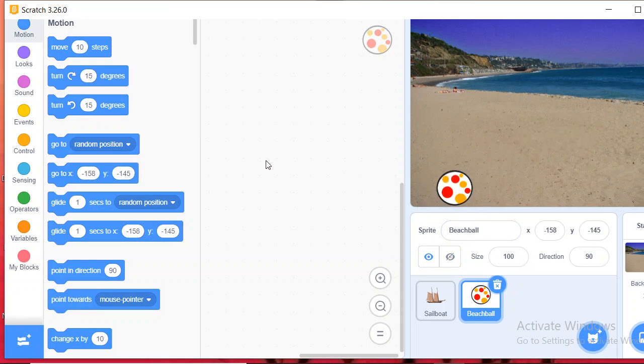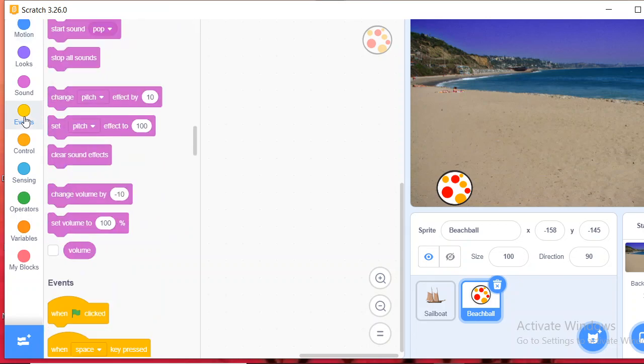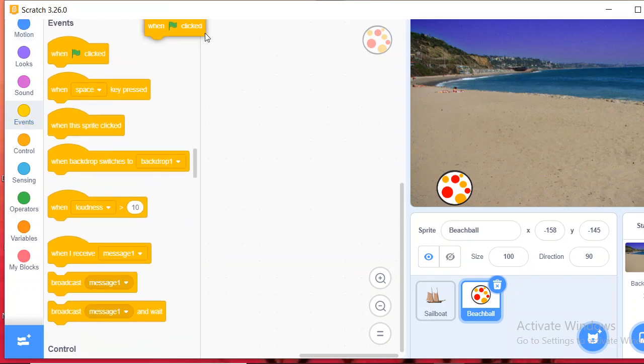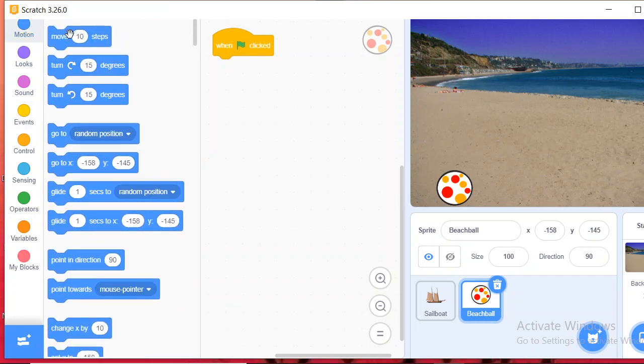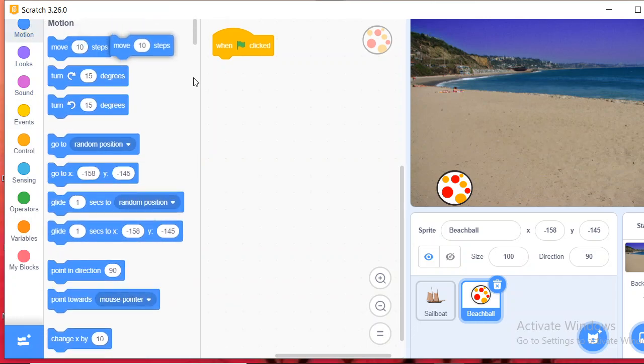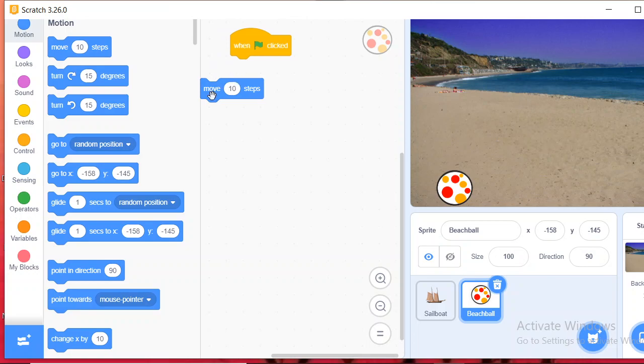For that we start another project. First go to the Events block, select When clicked first, then go to the Motion block, then Move 10 steps.